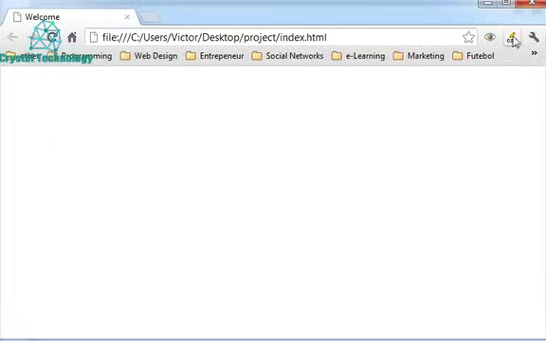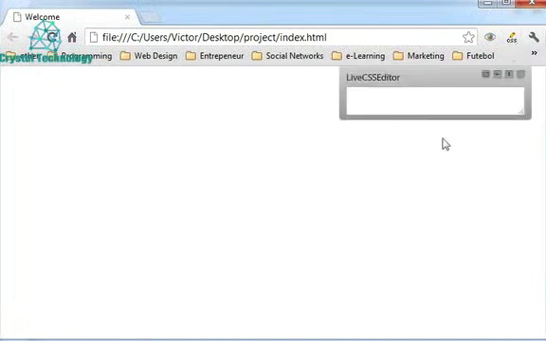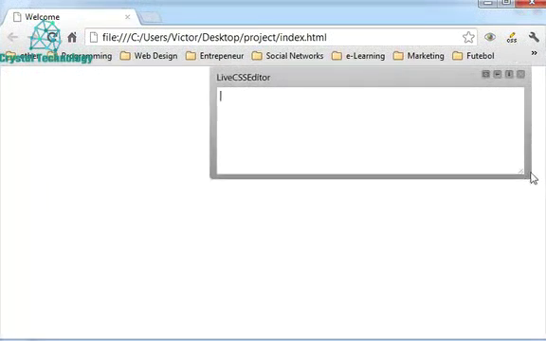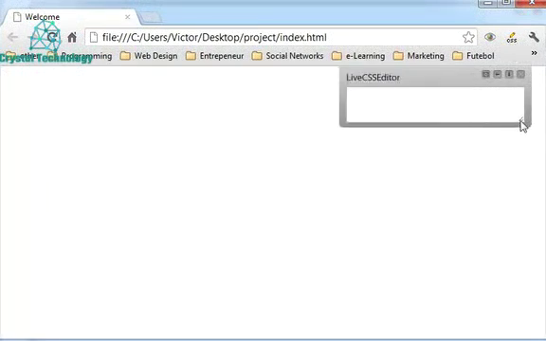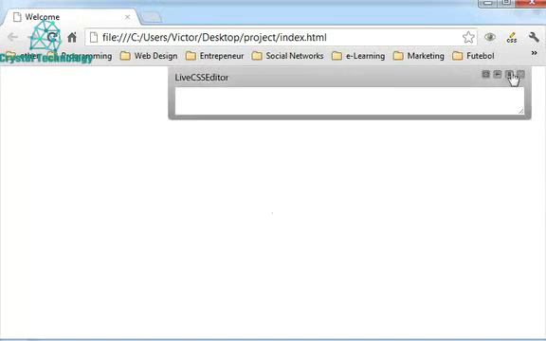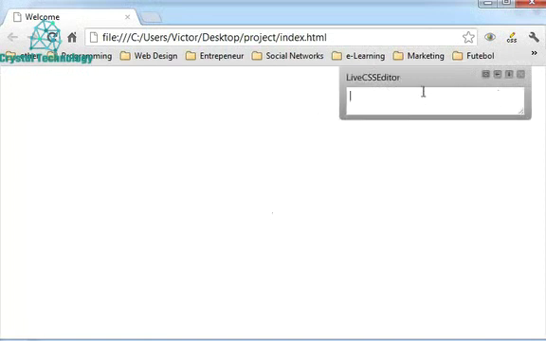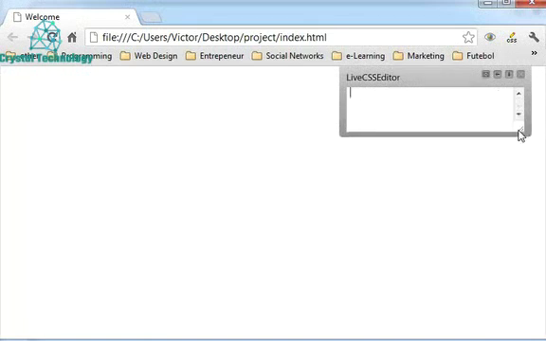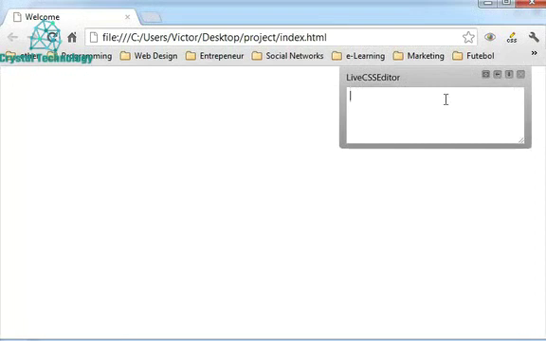So let's click here, live CSS editor, and you can expand all this. Let me just open this a little bit more. Let's type header,